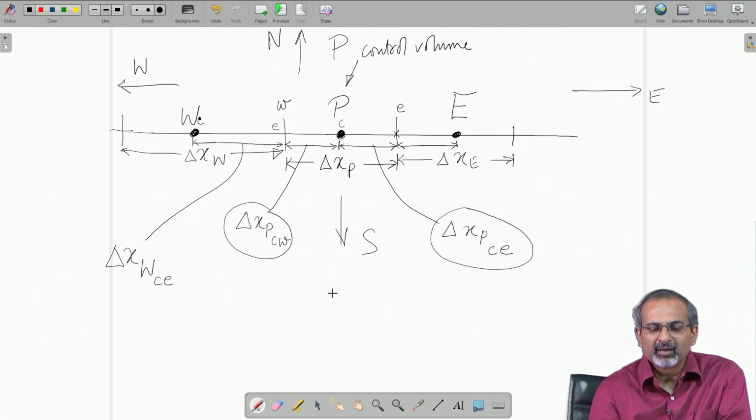Similar things may be done along the y direction. So, then you would have neighboring cells along north and south. So, that will be typically the situation in a two dimensional problem,